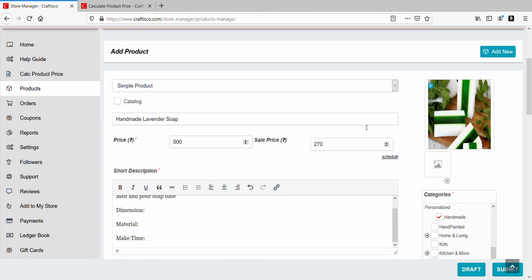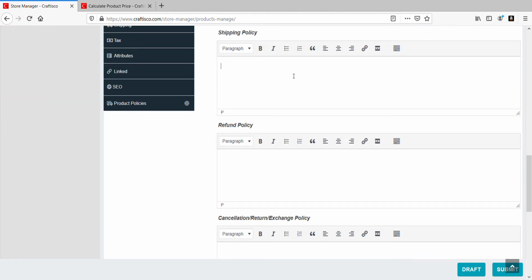So once you've put it here, so for example, shipping policy, let's say dispatched in 2 to 3 days. Generally, product reaches in 7 working days.